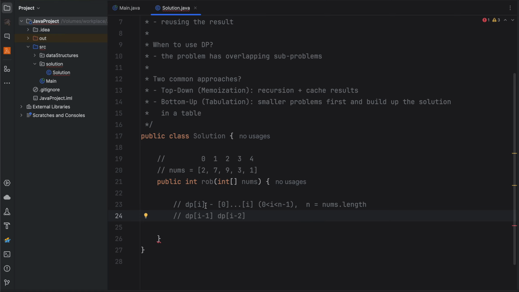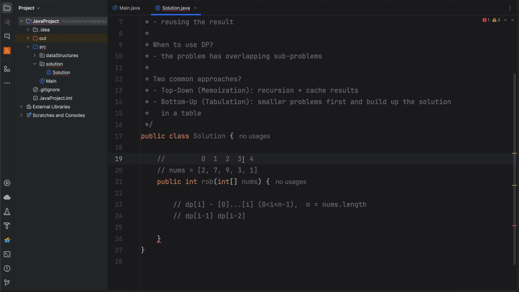What should be the solution of dp of I? Let's say that I is 3, and we know the solution for dp of 1 and 2: for 1 it would be, let's say, 7, for 2 it would be 9 plus 2 is 11. So if we extend this sub-array with the fourth house, basically index 3, what should be the solution of that